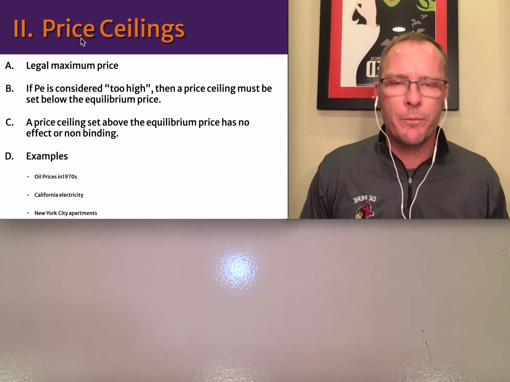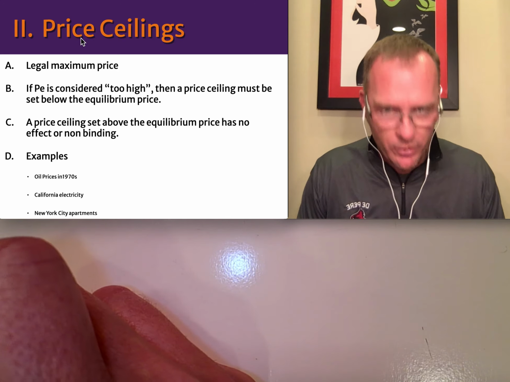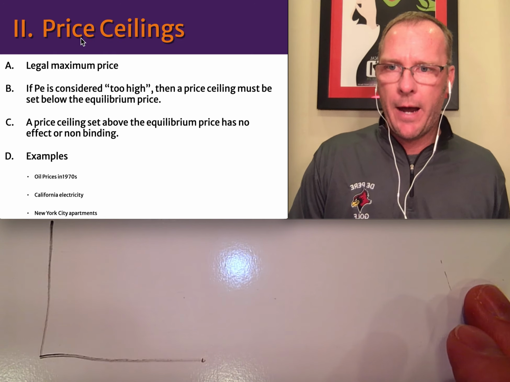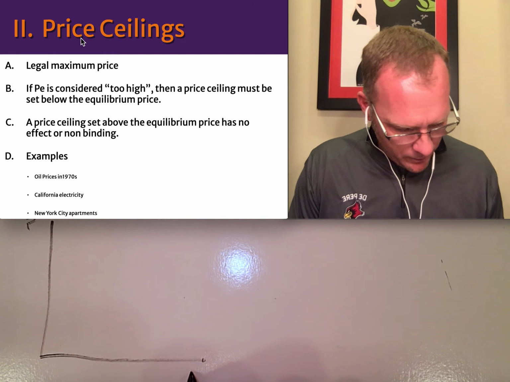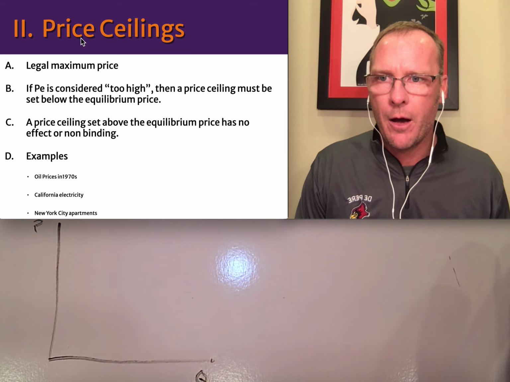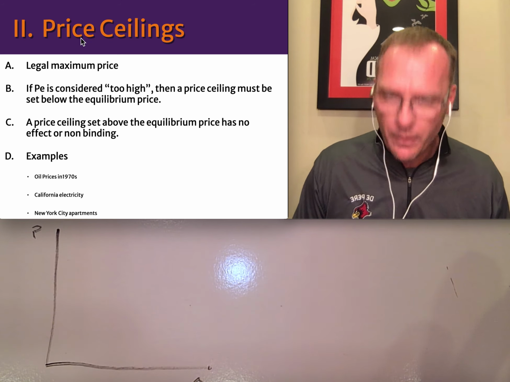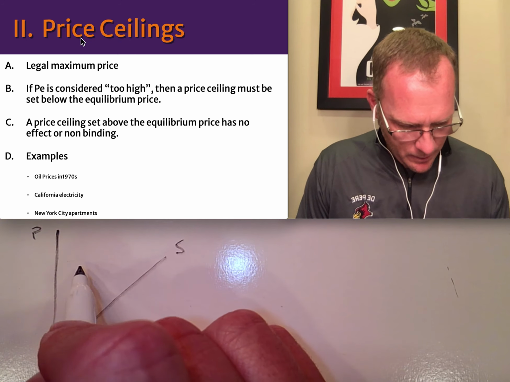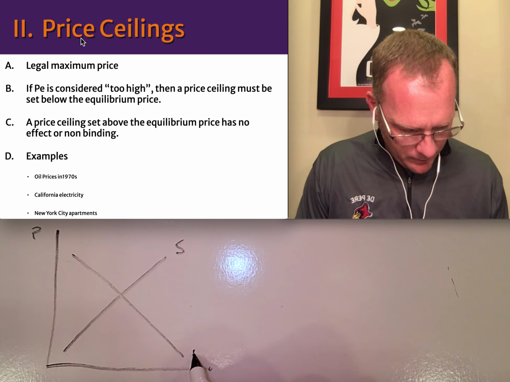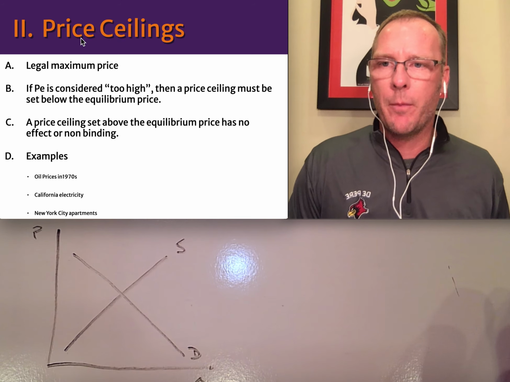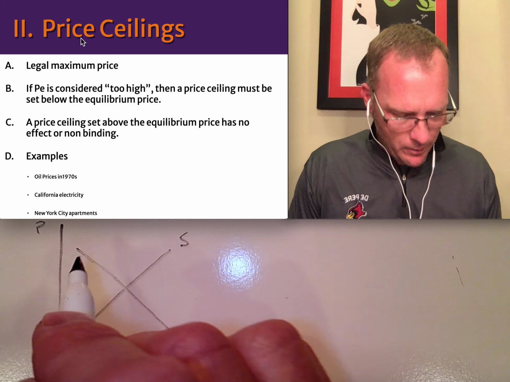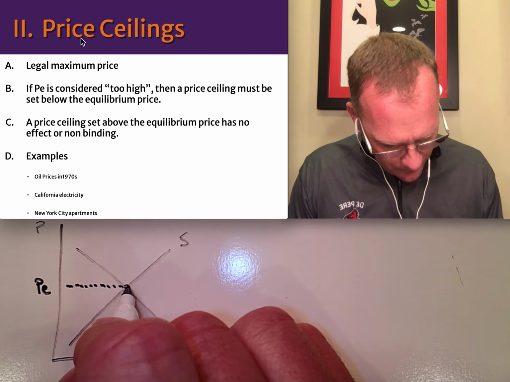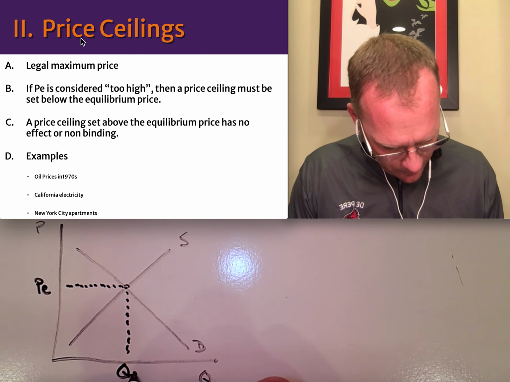The very first thing you have to do is draw yourself a supply and demand graph, right? So we're just going to draw a little supply and demand graph here. Here are my axes, here's my price right here, here's my quantity over here. Now I can have a little supply line coming up like this, and I can have my demand curve coming down like this. All right, so there's my supply and demand. Now, you know from supply and demand that this point right here is my equilibrium point. So here's my price at equilibrium, and here is my quantity at equilibrium.